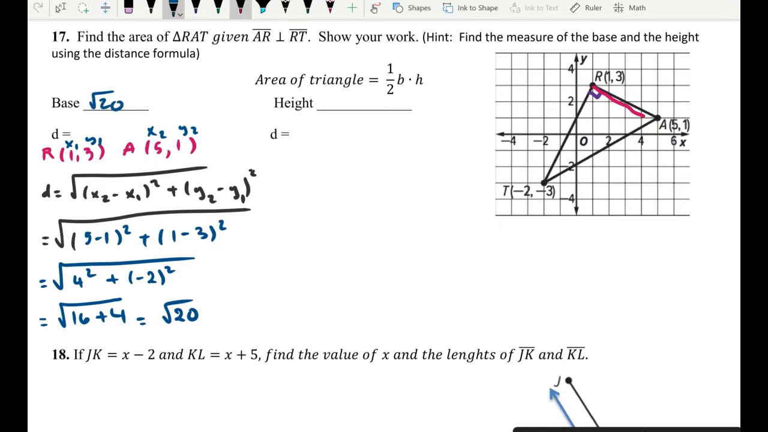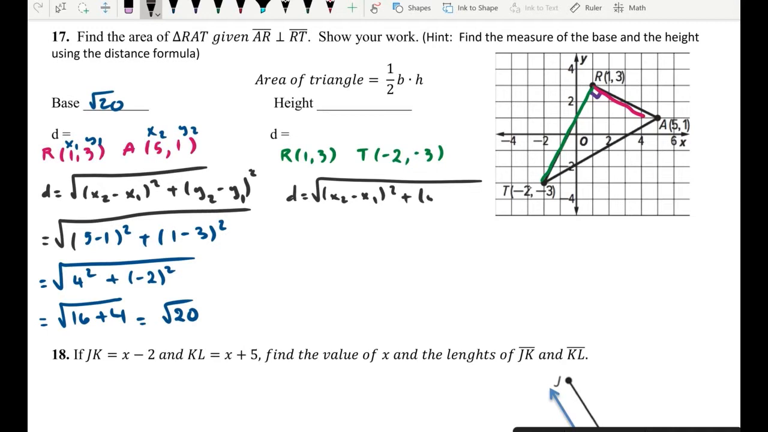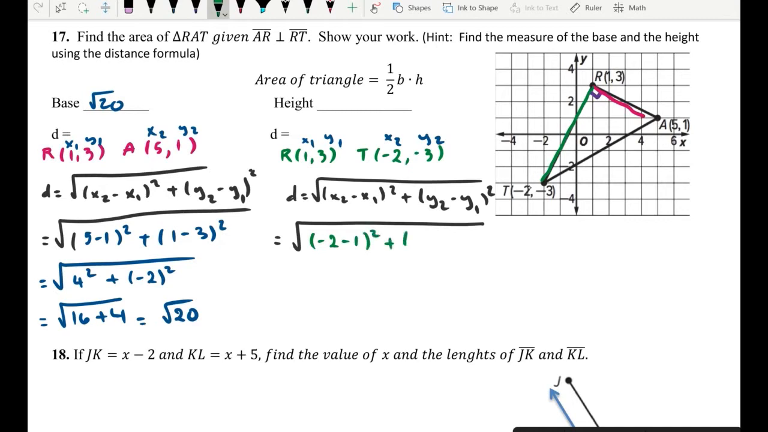Now we're going to look at the height. The height is RT. So same concept. R, the coordinate is (1, 3), and T, the coordinate is (negative 2, negative 3). Okay, distance formula: d equals the square root of (x2 minus x1) squared plus (y2 minus y1) squared. x1, y1, x2, y2. So that would be x2, negative 2, minus x1, 1, squared, plus negative 3